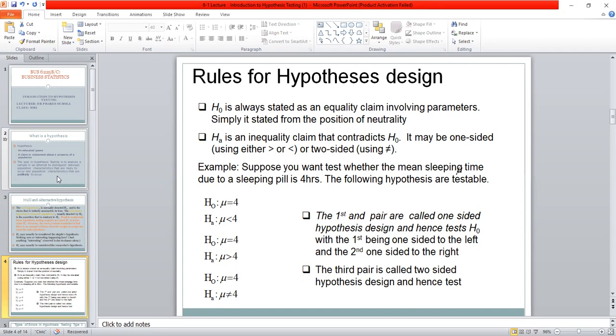Now, when you write a hypothesis based on a population parameter, population parameters are all the summary statistics: the mean, the median, the modes, geometric mean, harmonic mean, skewness, standard deviation, all those. If you write a hypothesis around a population parameter, like this one we have designed around the population mean, then